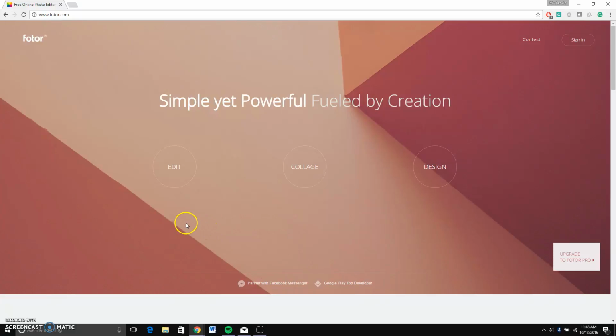So the first thing you're going to want to do is open a web browser. I'm using Google Chrome, and then you're going to want to go to www.fotor.com. And I'm already here, and when you get to the home page, it gives you three options. You have Edit, Collage, and Design. We're going to be using Edit today because we're just editing one photo. So if you click on Edit,